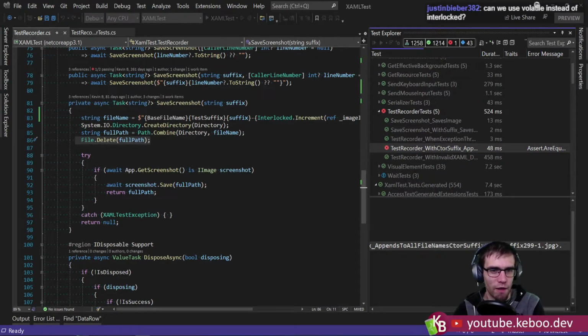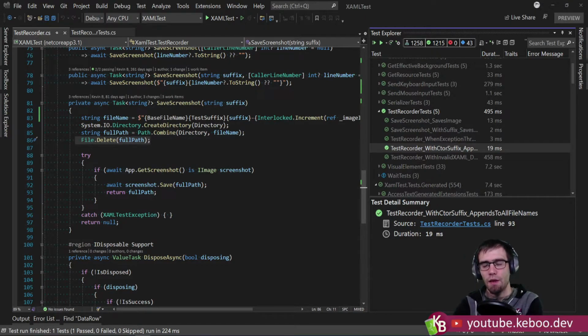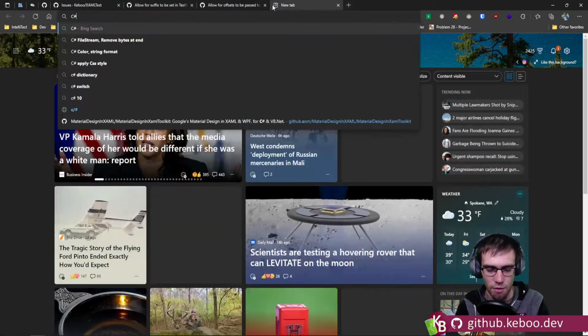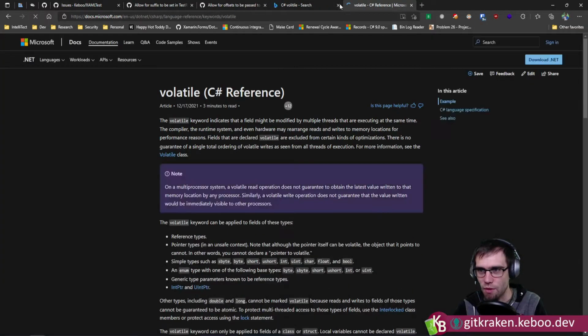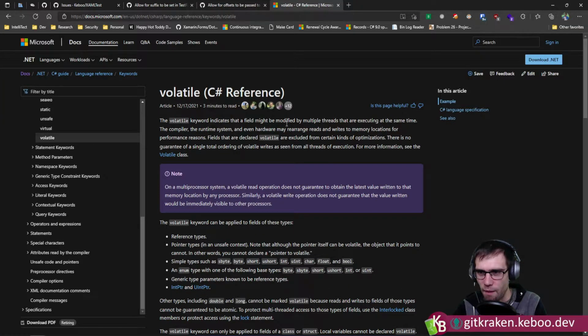Can we use volatile instead of Interlocked? Not easily, per se. So volatile, let me see if I can remember this. Volatile is something that ensures a memory barrier, but I don't believe volatile makes your operations atomic. Let me double check that. Volatile is one of those C# keywords that is so seldom used. Yeah, so this sets up memory barriers around it